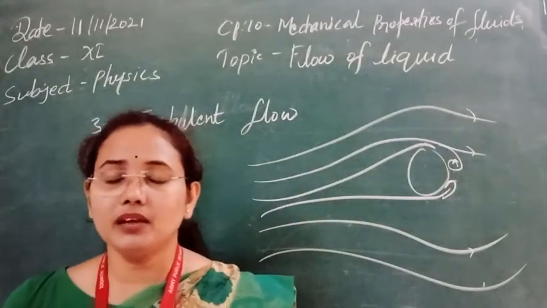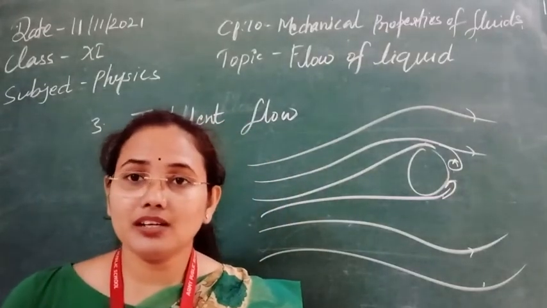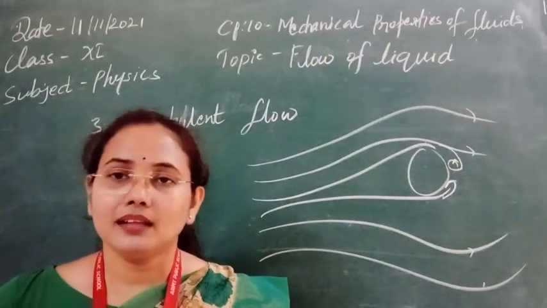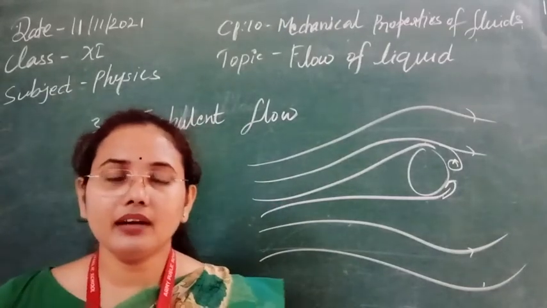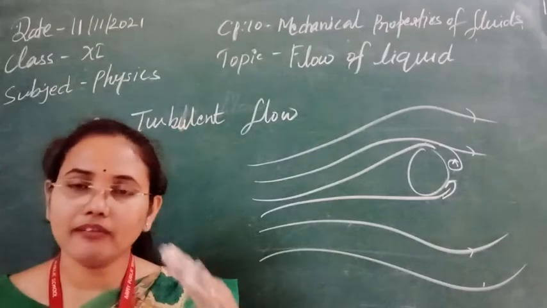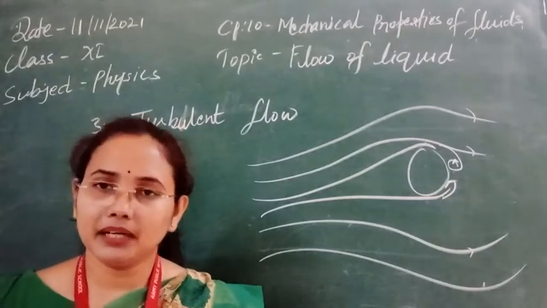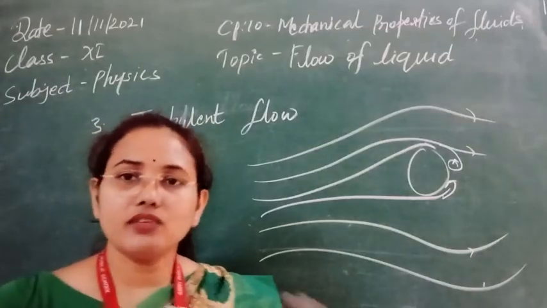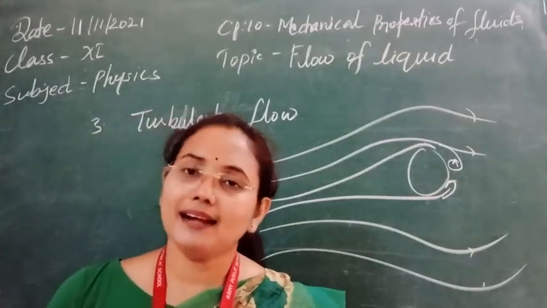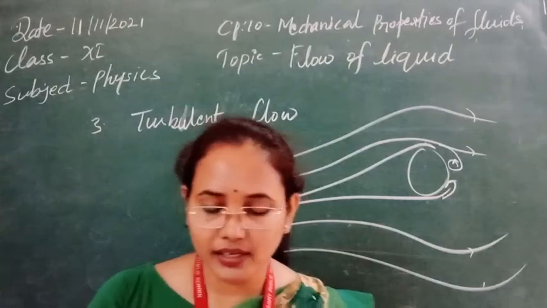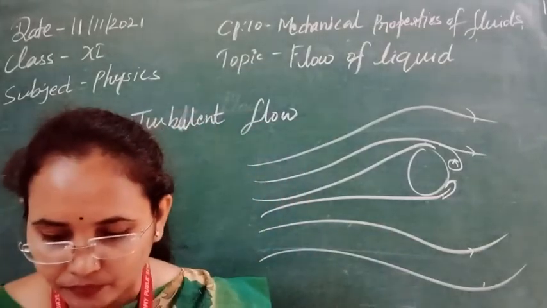increasing the velocity. If the velocity of the liquid continually increases, then a condition will occur at a particular velocity, after which the flow of the liquid will automatically become irregular. Liquid layers will start to intersect with each other, and that is known as critical velocity. So this is, I think, all clear now.